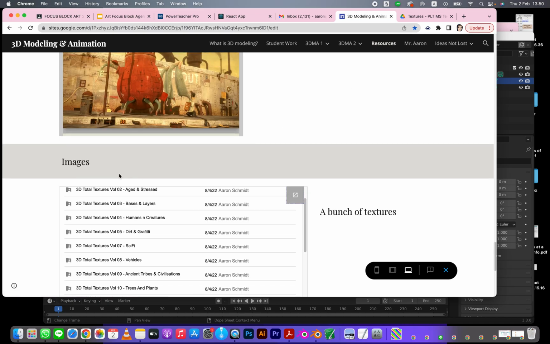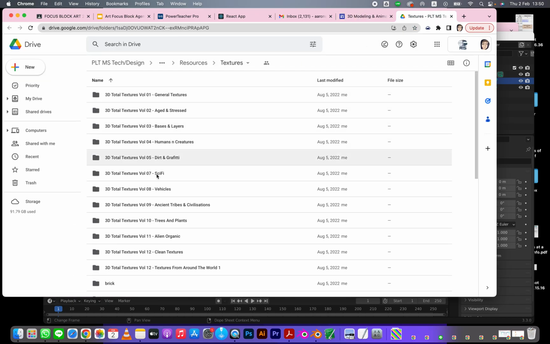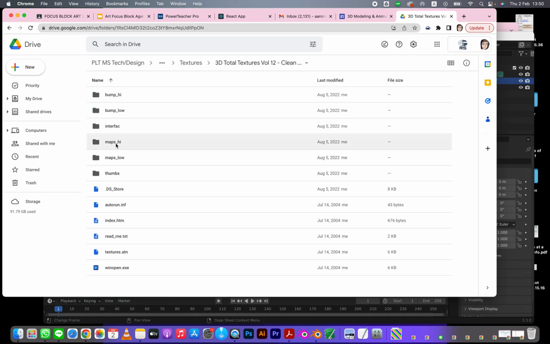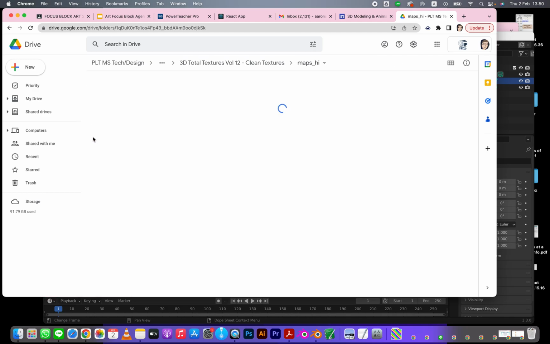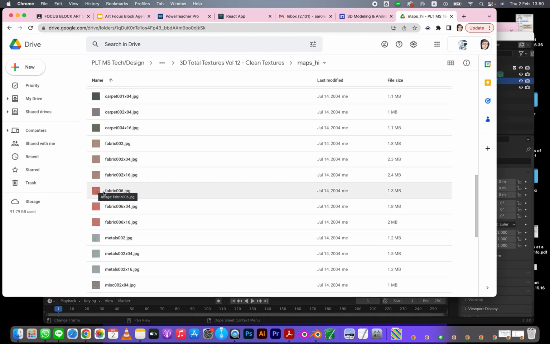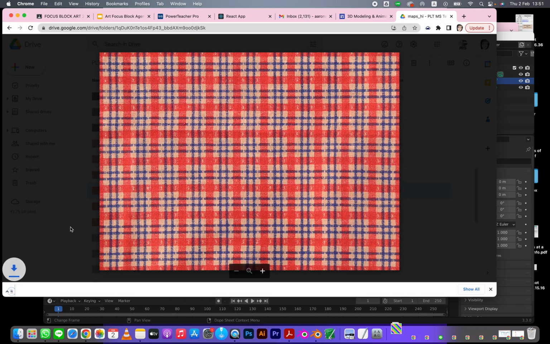Under resources, I've got texture images here. I'm gonna go to textures and I'm gonna go to clean and maps high. That has like the high resolution images. And I'm gonna go to cloth or fabric right here, and I'm gonna go to fabric right here, 006, and I'm gonna download it